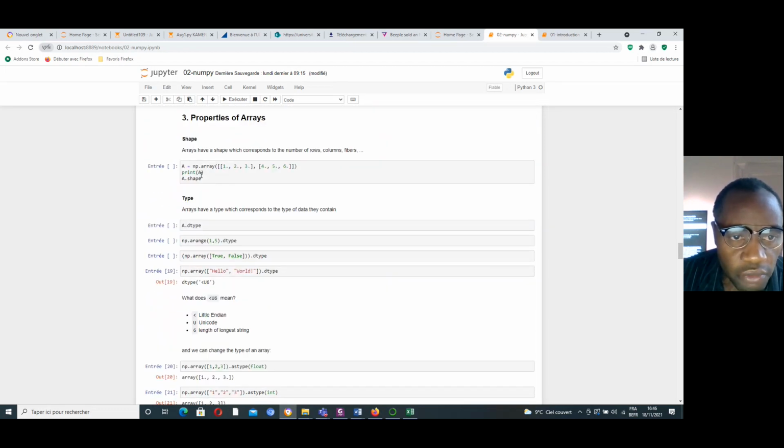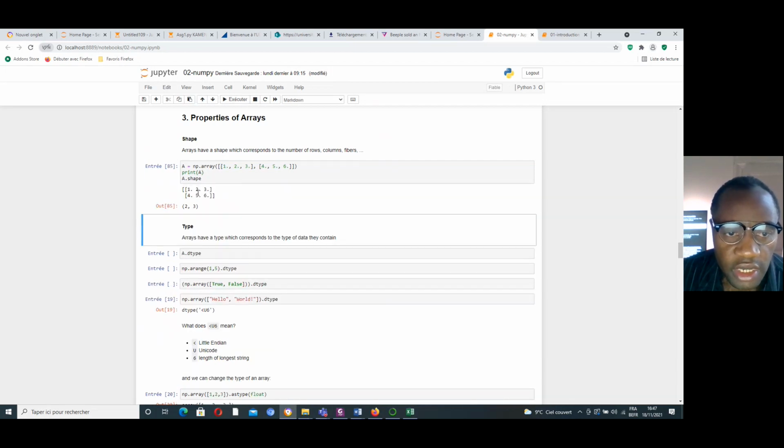But here I'm going to evaluate the shape of A. I define it like that. It looks like a matrix with 2 rows and 3 columns, 3 elements per row, and all these elements are floats. Let us execute it, and I get it.